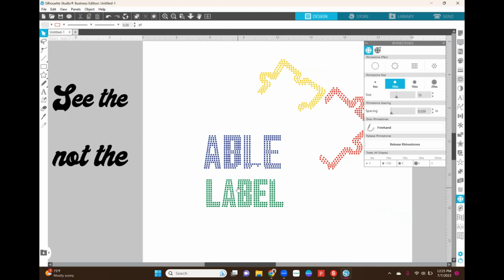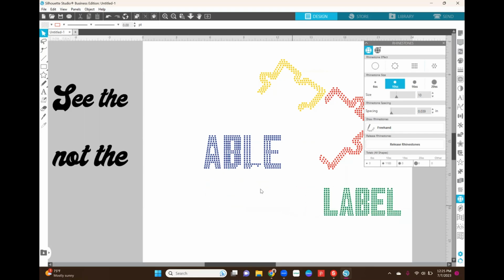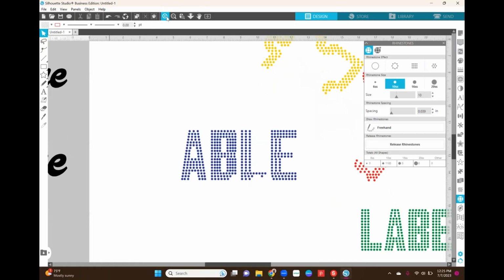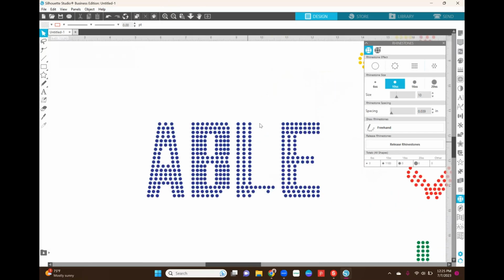This one only has 3 rows of dots, where now this one has 4. But for whatever reason, this one just looked more gappy to me, and I didn't really like that. Okay, so basically what I did for the rest of this file was I did that exact same thing with